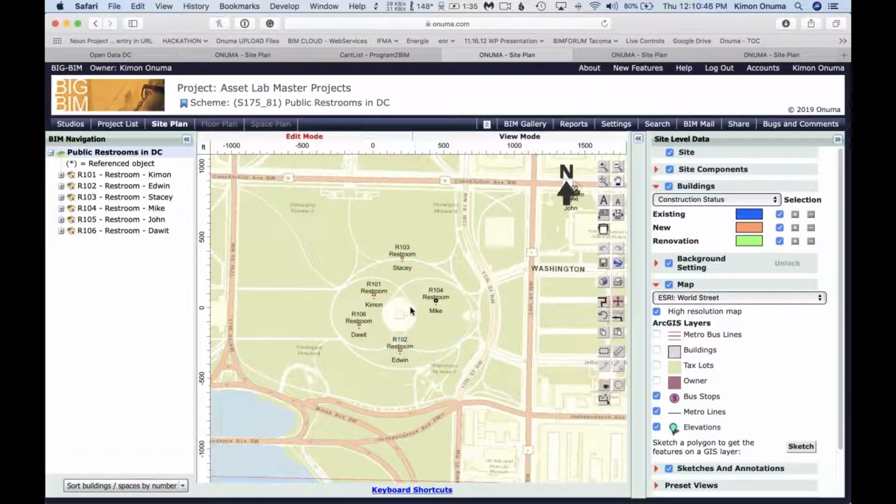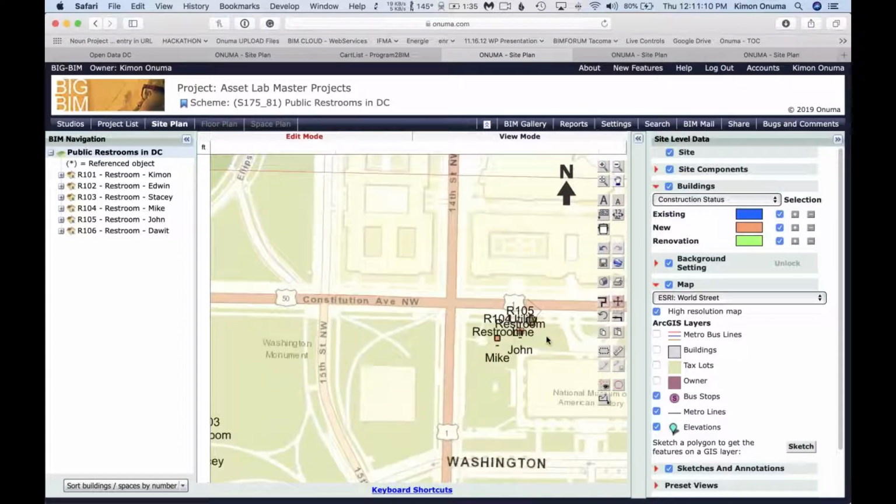But it's a very exciting process because we're not only creating a static document and sending it off as an architect. We're all used to printing these documents or PDF files and submitting them and waiting for a response, but you're seeing everybody's response in real time. That doesn't make sense, to put 6 restrooms around the Washington Monument. Let's put them near the metro station.